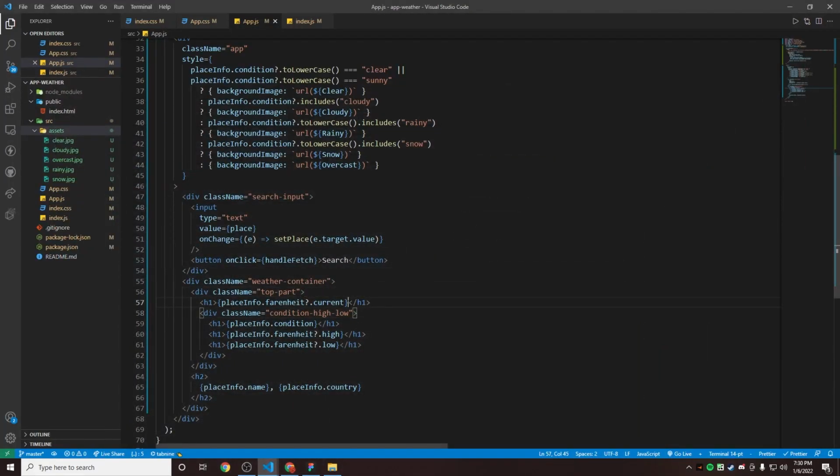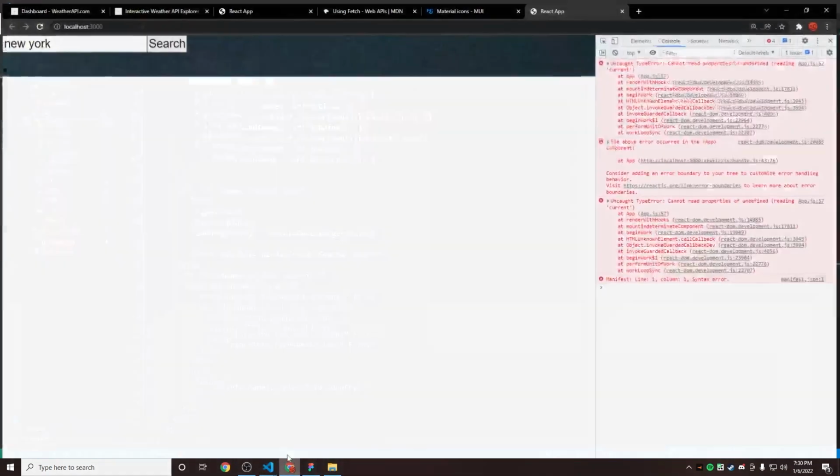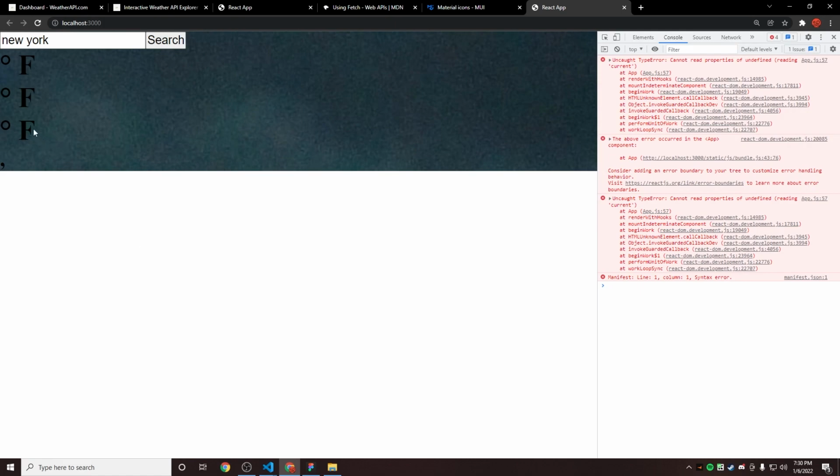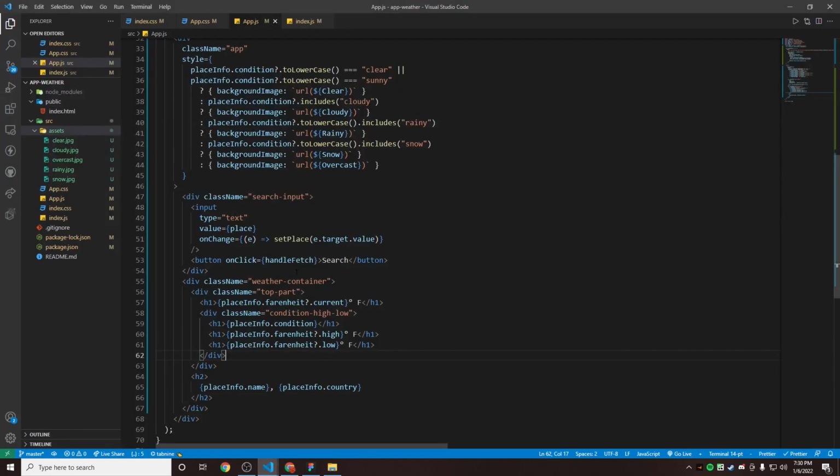For the current, I'm just gonna add a degree and the Fahrenheit. Same thing for high and low, save. And if we go back to our website, now as you can see, we get this degrees and a Fahrenheit, but without the temperature. So what we need to do is go back